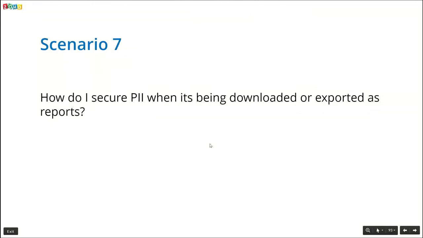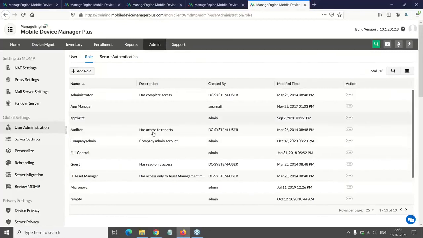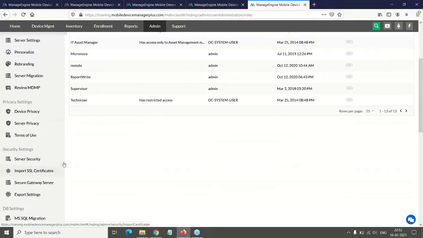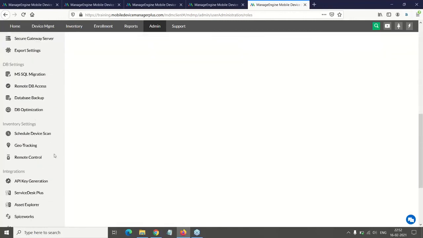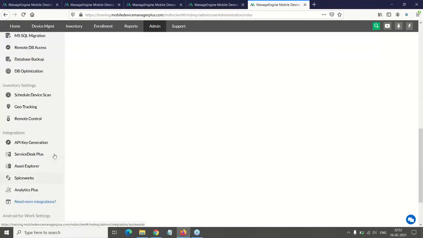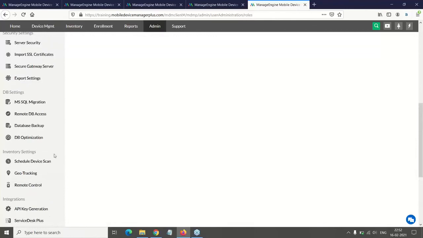So the next is, how do we secure PII data when the reports are being downloaded or exported? So you can secure this as well under admin tab under server.